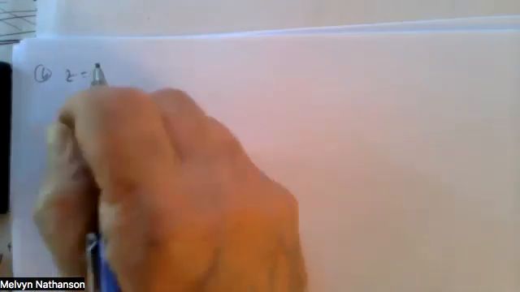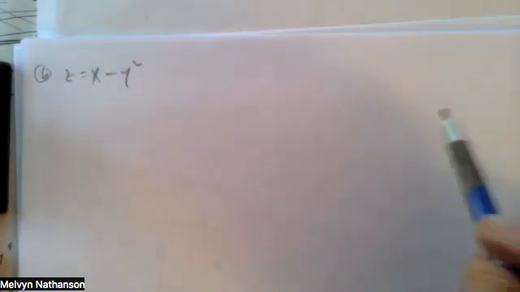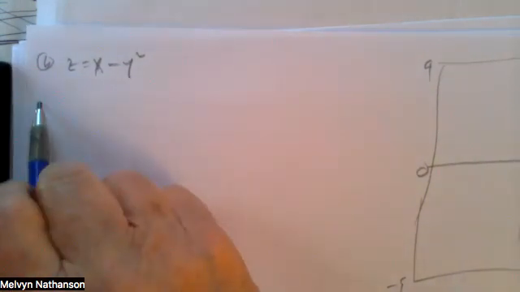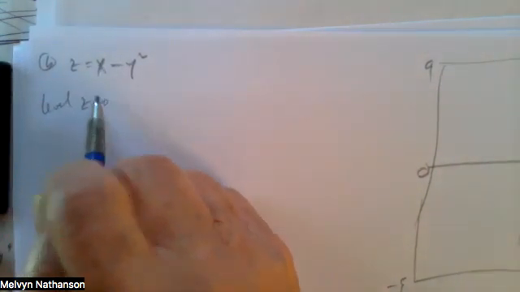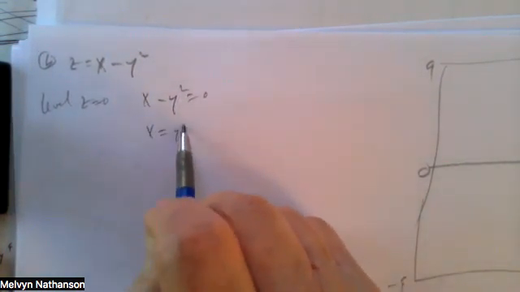If we take the function z equals x minus y squared, and we're looking at a window x going from 0 to 3. This is not drawn to scale. Y goes from -9 to 9. What is the level curve z equals 0? That's where x minus y squared equals 0, or x equals y squared. That's a parabola